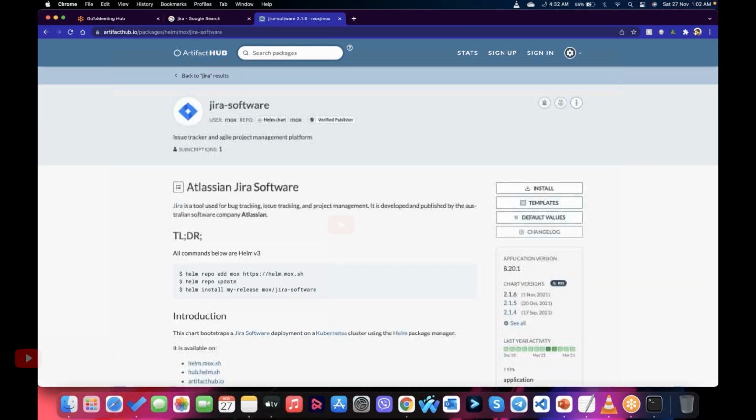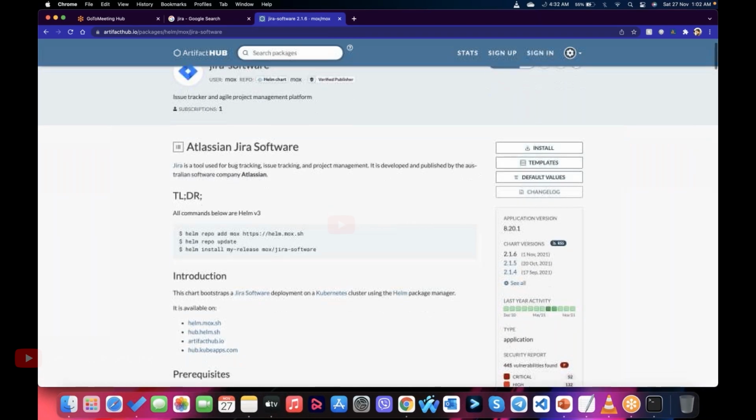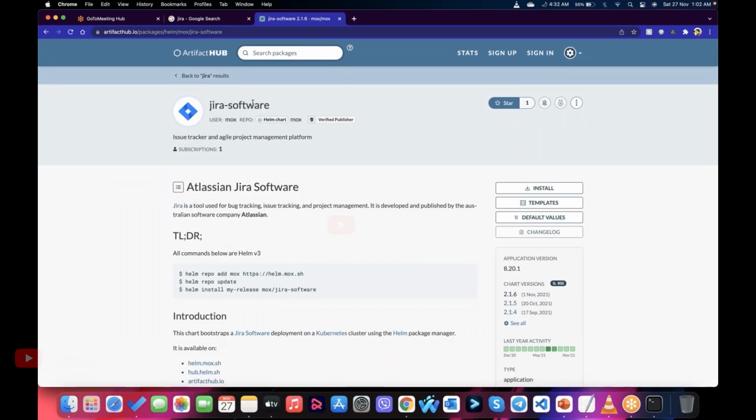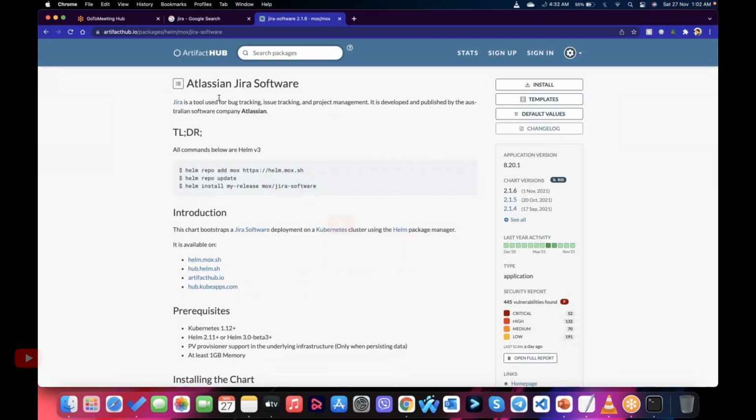Just click on this, and this is from the user Mox. The software name is jira-software. As you can see, in order to install the Jira chart, I have to add the repo using helm repo add mox, and this is the URL to the repo.